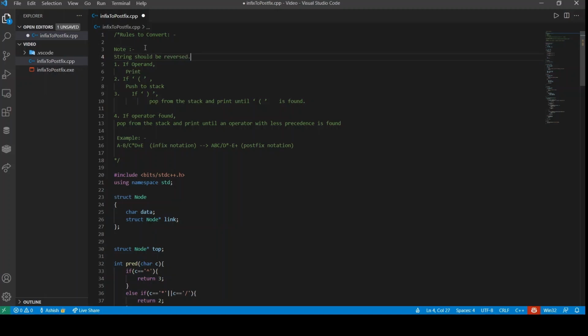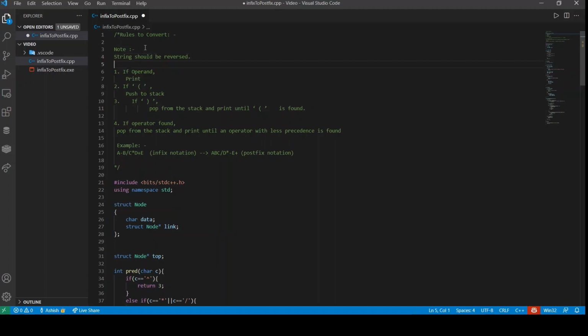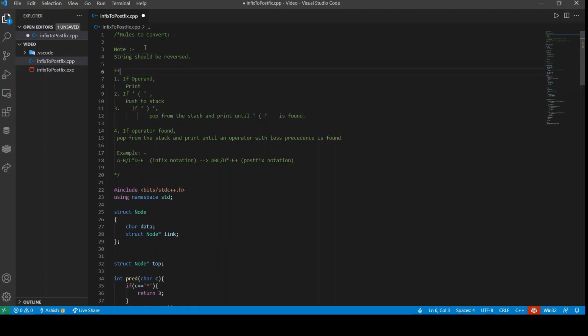So we have to reverse the string, and also a major thing, while reversing the string, the open bracket should be reversed as close bracket and vice versa.